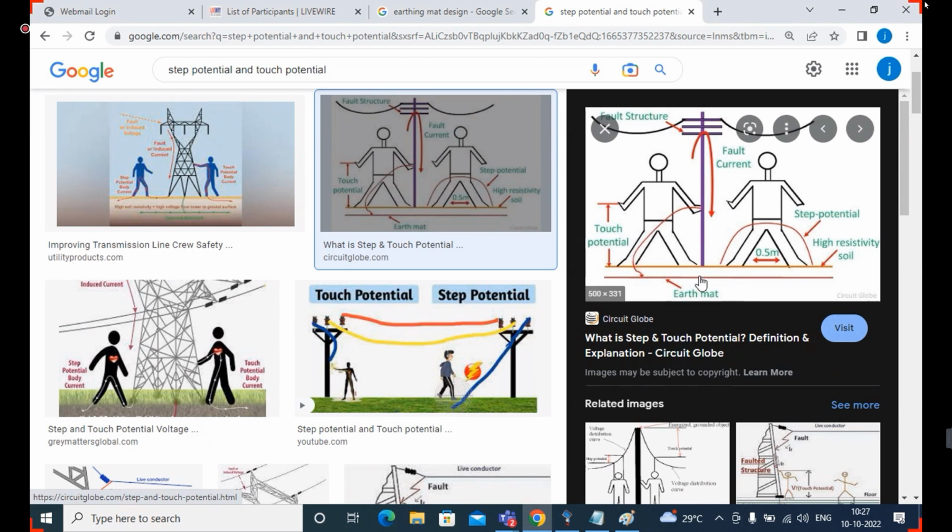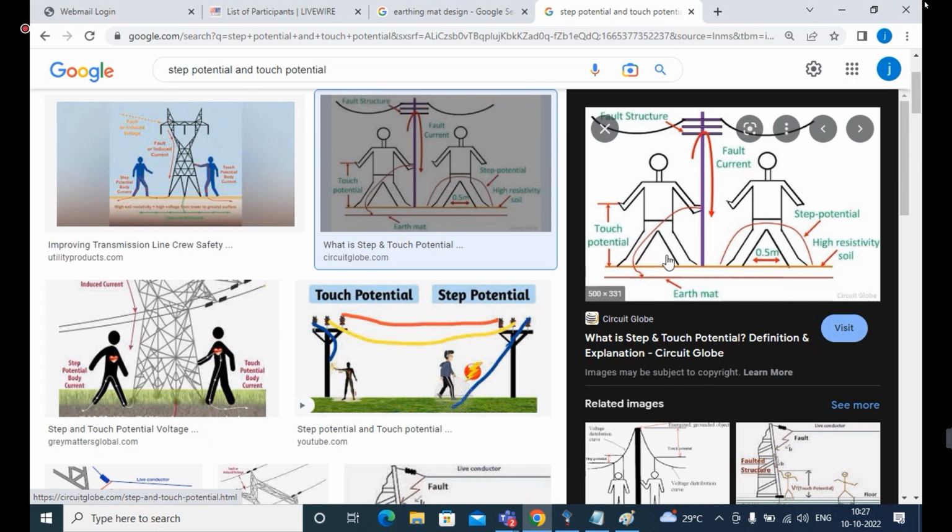Okay, can you see the earth mat here? While providing the earth mat, if any wire is cut or any damage occurs, at that time the person feels an electric shock. So to provide the earthing, we need to consider step potential and touch potential. Those values should come under the tolerance values. If they exceed the tolerance value, how to reduce them? By including rods like that.